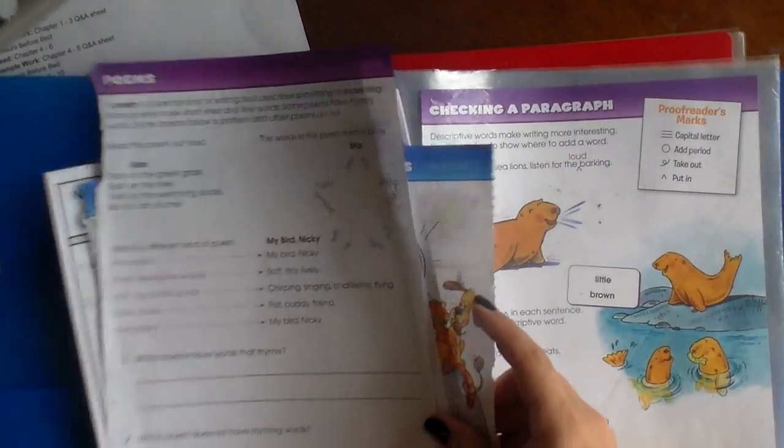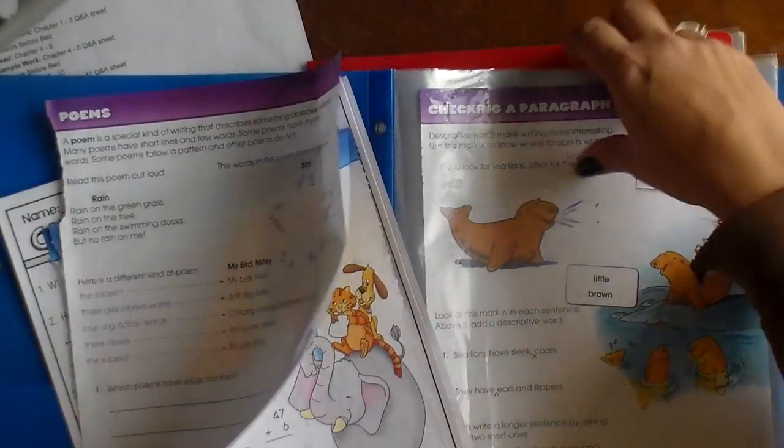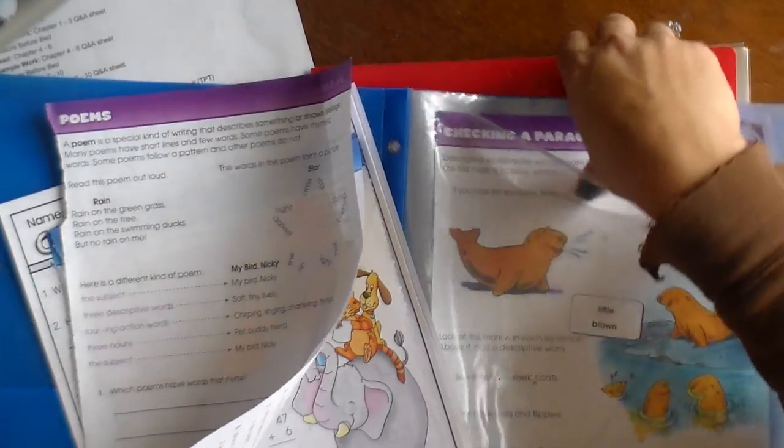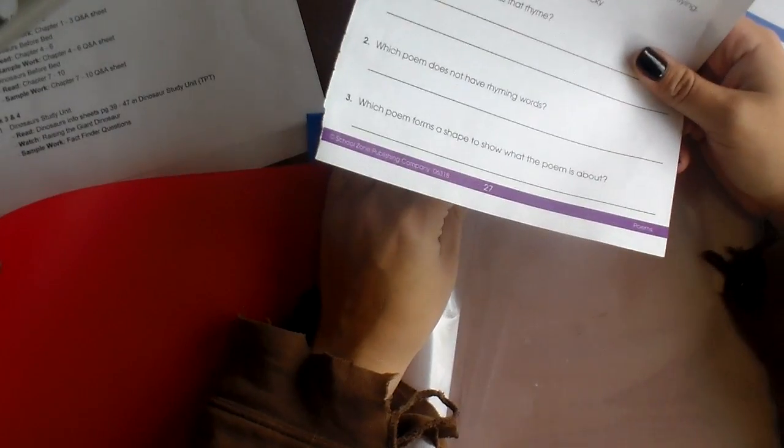And then for math, he has to do page 160. Wrong child. This is the wrong child. I always do that. Okay, so we're going to start with my youngest first, apparently. Okay, so he needs to do